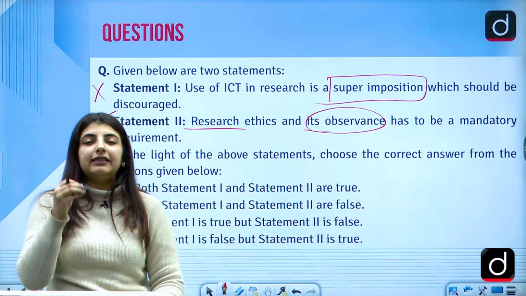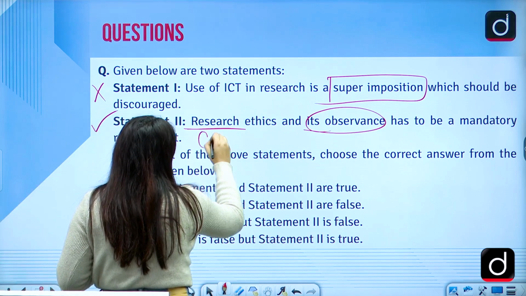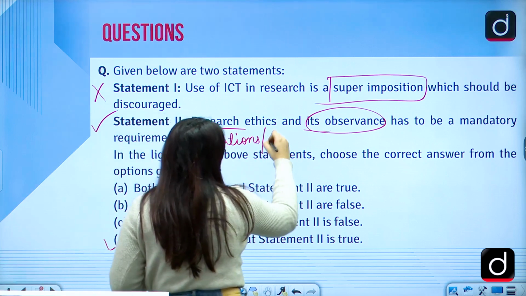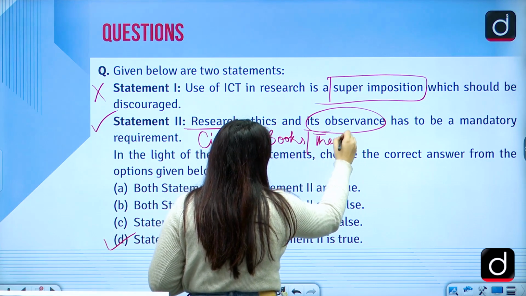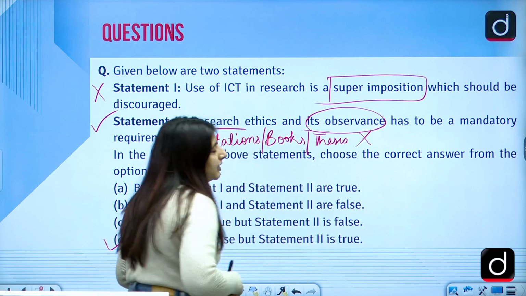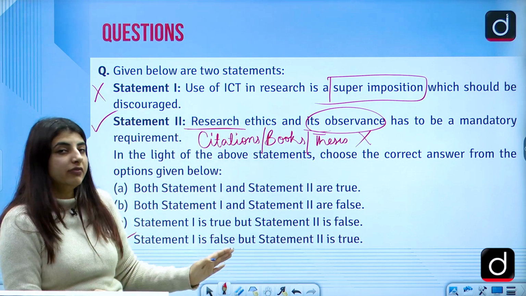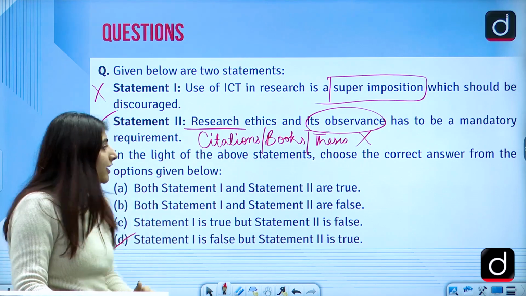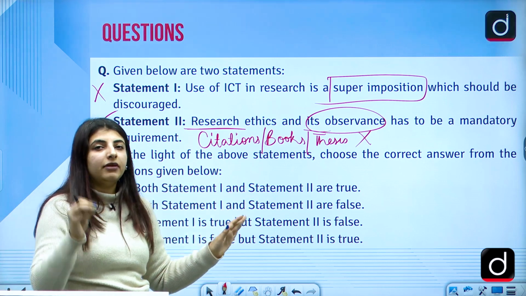Yes, because if a researcher uses some other person's citations, books or even a thesis of a particular person, that is incorrect. But if you are doing something ethically right, which is obviously a part of research ethics, from which different questions also form, right? So research ethics should be a mandatory requirement